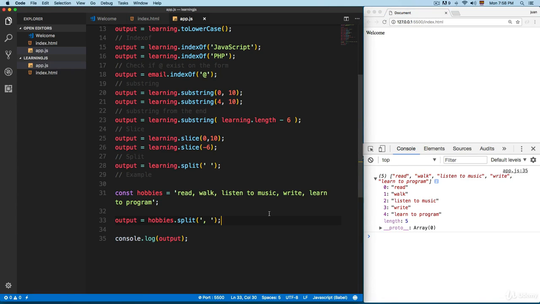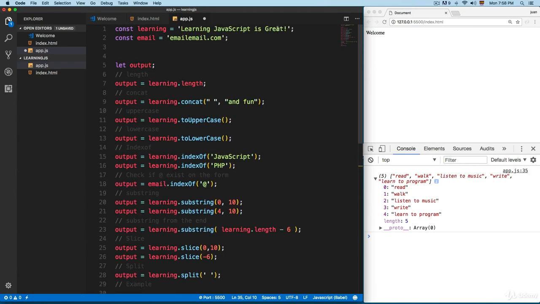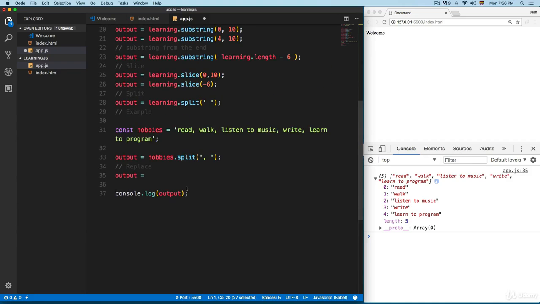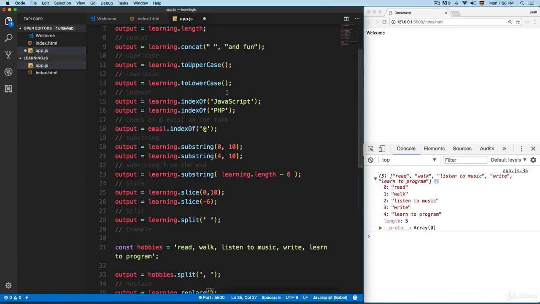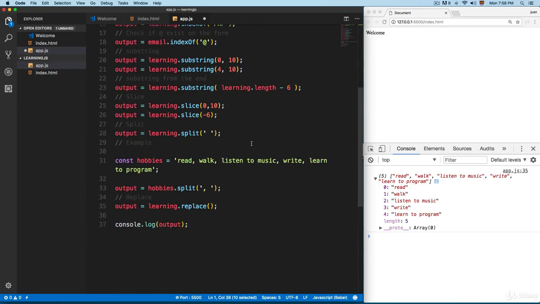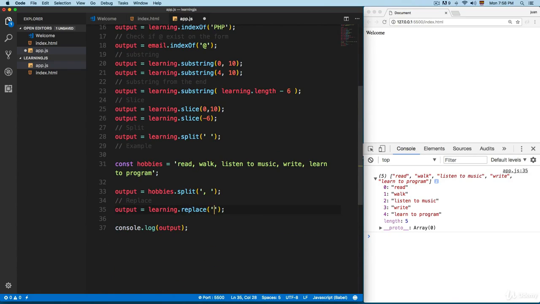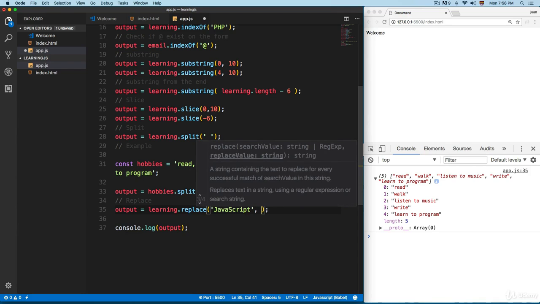So finally, I'm gonna show you 2 different methods. One is called replace, and one is called includes. So we're gonna see replace first. We're gonna add output equals, and let's say that you have a string like this, and you want to replace only one keyword. You can use the replace method. It's going to be like this, learning, and we're gonna add a dot, and we're gonna replace this. Replace takes 2 parameters. The first one is going to be the keyword that you want to replace. Let's replace the JavaScript keyword. And we're going to add single quotes JavaScript. And then the second parameter is going to be the text that is going to replace JavaScript. So we can add modern JavaScript